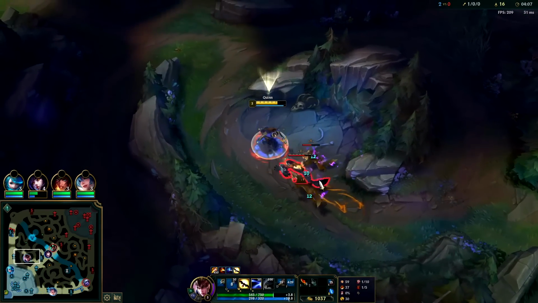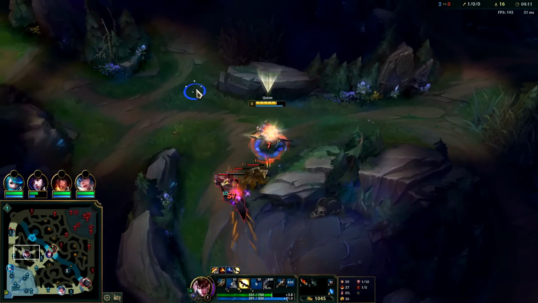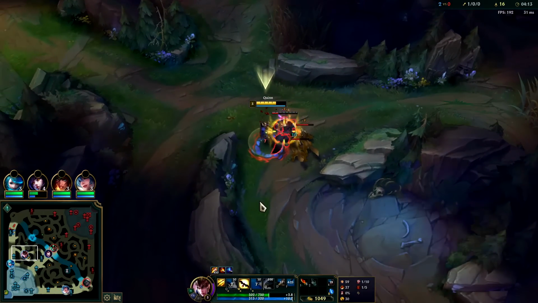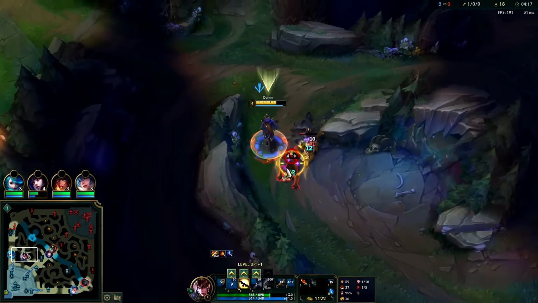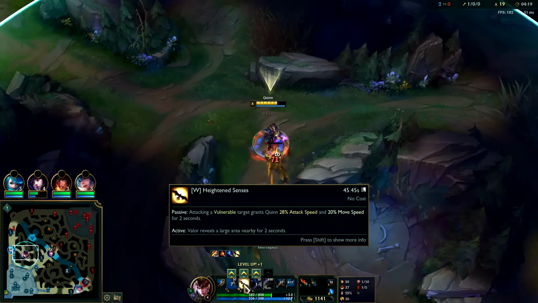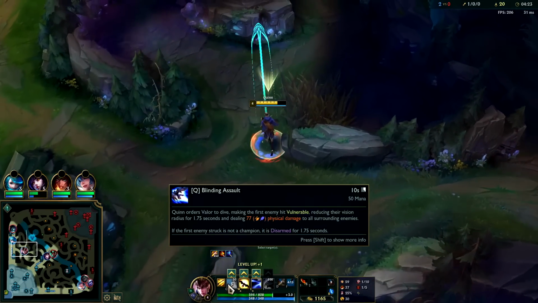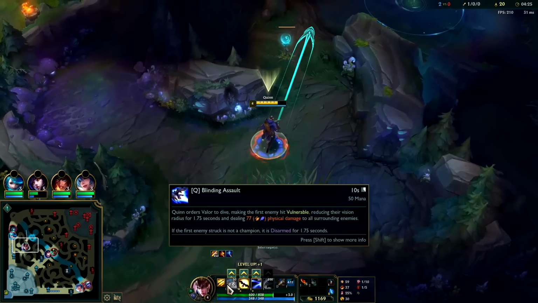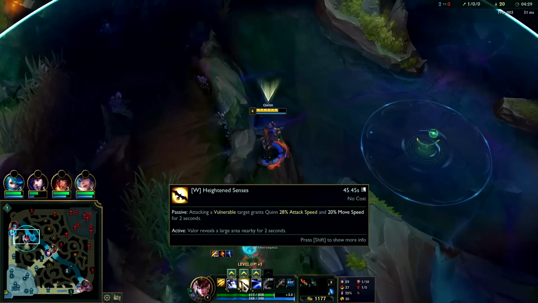Your Q only blinds one target at a time. It does AoE damage, though. We're trying to spread out our abilities that way. We can keep up our W attack speed constantly. It lasts for 2 seconds. So if you cycle your passive into autos for 2 seconds, into ability auto for 2 seconds, into your next ability auto for 2 seconds, you can keep up the attack speed and movement speed